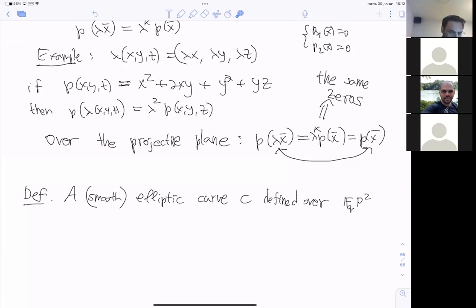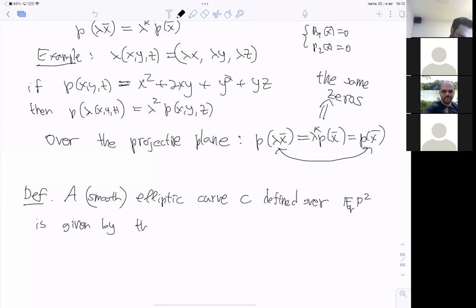So an elliptic curve C, defined over the projective plane, is given